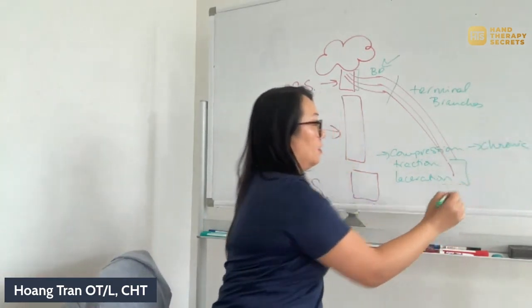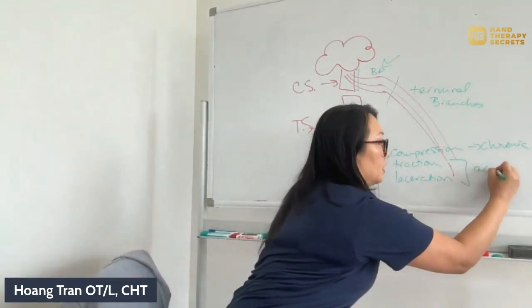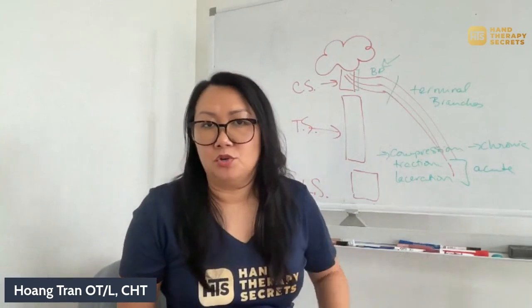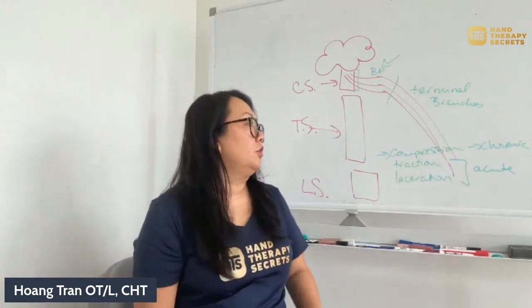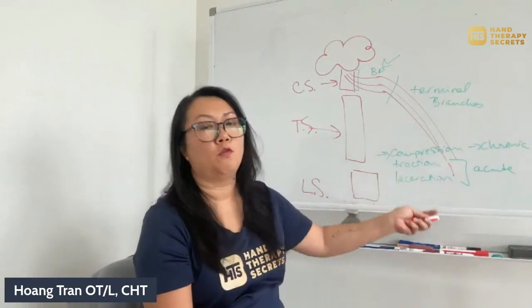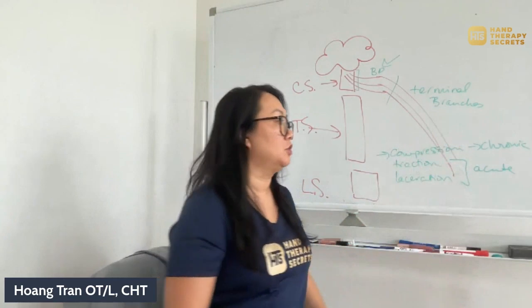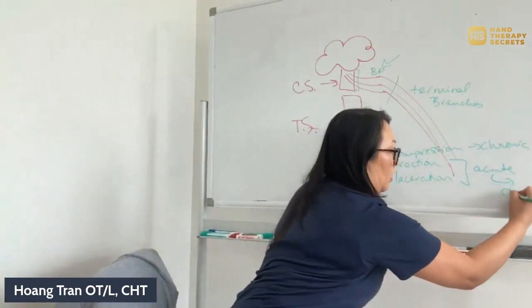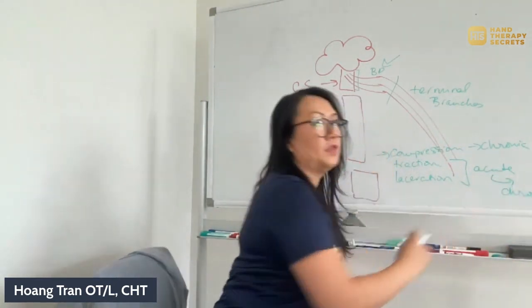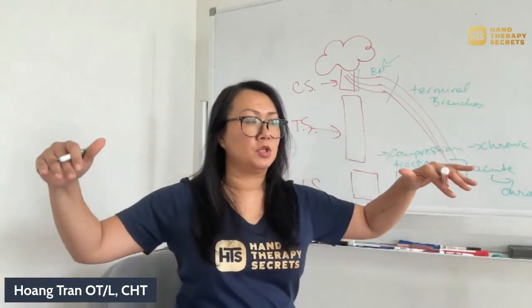And then here, our traction or laceration, these are considered acute types of injuries because you don't just cut a nerve, you don't just pull on a nerve. Something has to happen in order for something like that to happen, right? And so from an acute injury, it can then become a chronic. And if you think about the journey of a patient, the journey of a patient can come to you for many different reasons or many different ways,